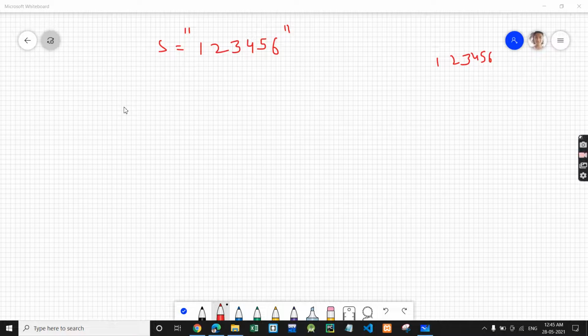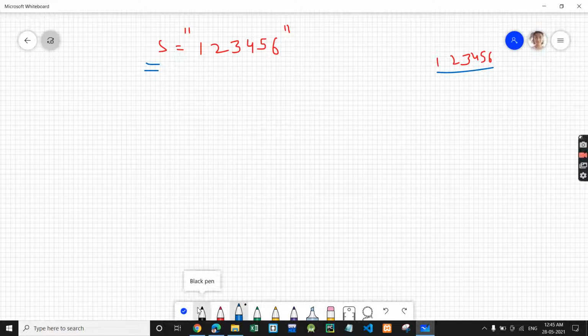So today we are going to discuss another problem in the recursion series. In this problem, we are given a string and we need to convert that string into a number. In a string you will be given something like 1 2 3, a number in the form of a string, and we need to convert it into a number, an integer. So let's see how we can approach this problem.